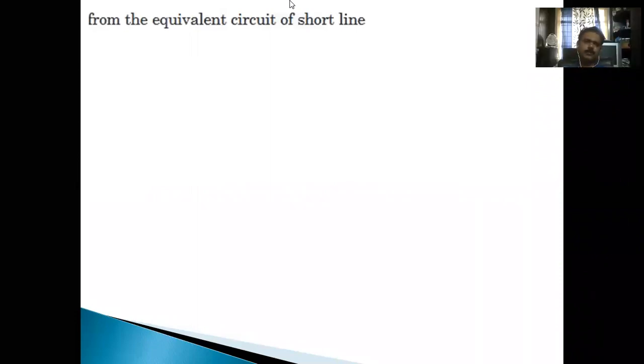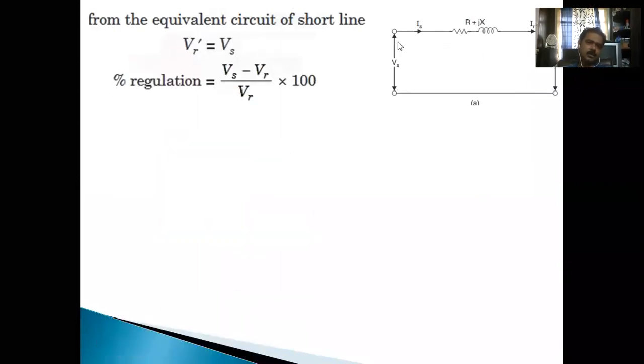Now, this is the equivalent circuit of a transmission line. Simply it is represented by a resistance and reactance. So if we observe, what is VR dash? VR dash represents no load conditions. While calculating regulation mathematically, it is represented by the change in no load voltage to full load voltage, divided by full load voltage, into 100. Okay, so here full load, no load voltage means,